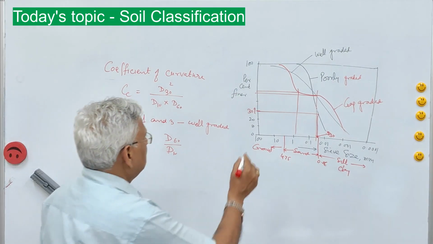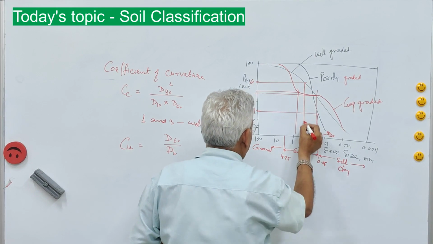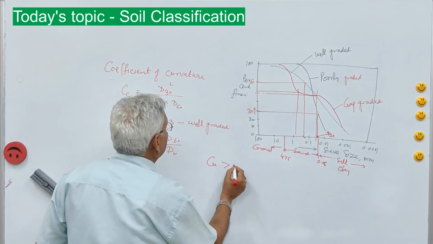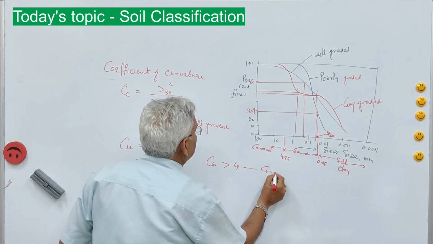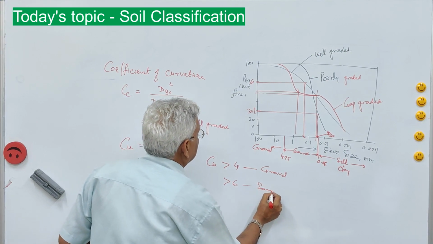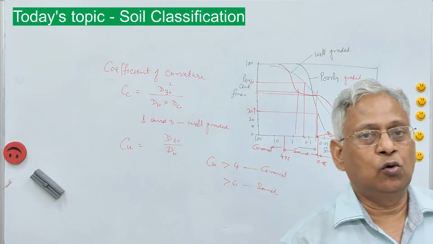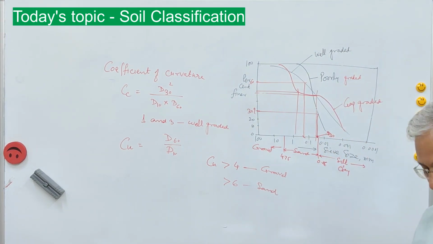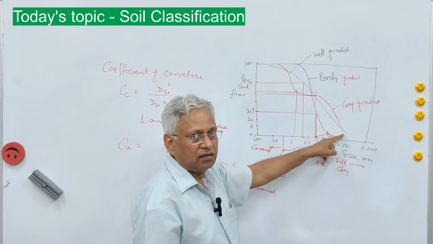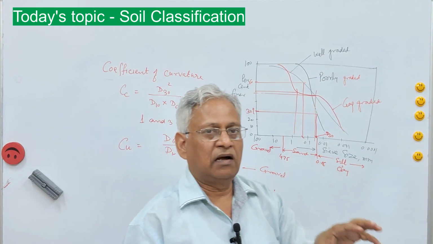Ratio of D60, this is D60, 60%. If CU is more than 4, it is gravel. If it is more than 6, it is sand. These two parameters are important to classify coarse grained soil. So you need the grain size distribution of the soil and these two parameters to define whether your gravel or sand